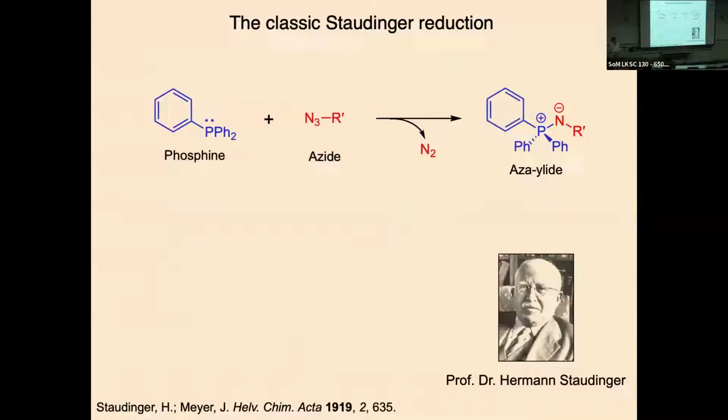And the first chemistry that we developed was modeled after an ancient reaction from the chemical literature called the classic Staudinger reduction. So named because it was first reported by Hermann Staudinger, a very famous German chemist from the previous century. And in fact, Dr. Staudinger was a Nobel laureate in chemistry. He won the Nobel Prize in the 1950s. But way back in 1919, okay, that's more than 100 years ago now, Hermann Staudinger published on the reactivity of